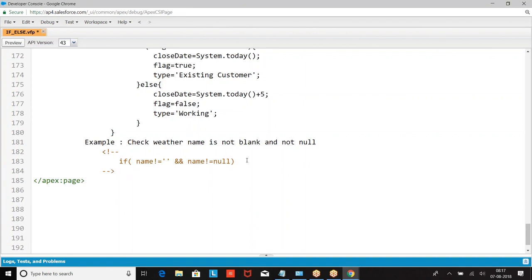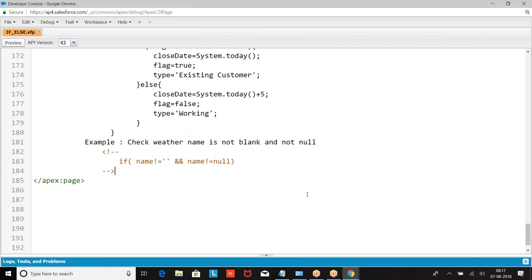I hope you are good. Am I clear with this? I hope everyone is good with writing the if else conditions. It is not a program. We are only writing a logic. This will not run separately. We need to include this in a class, then only it is going to run. This is only logic writing. I hope everyone is comfortable with this. Clear?